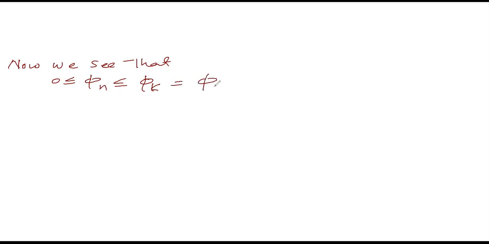Now we see that 0 is less or equal to phi n, and phi n is less or equal to phi k, because n is greater or equal to k and phi is decreasing. Therefore phi n is less or equal to phi k, and that's equal to phi k